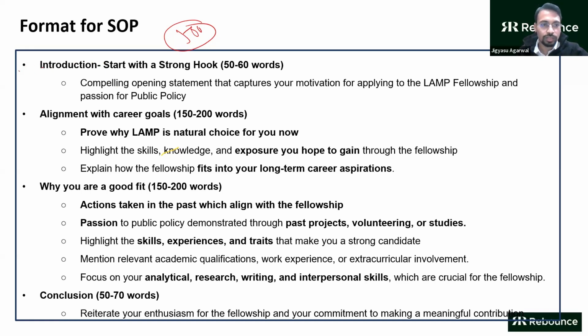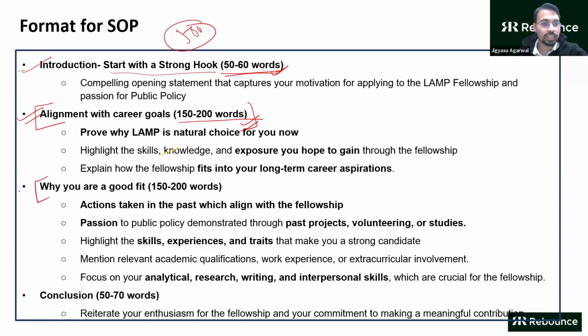All right. Now here you can have 4 parts. Number one is the introduction. Introduction starts with a strong hook. You can give around 50 to 60 words to this. Then alignment with your career goals. So basically why you want to be a part of this fellowship. So you can have around 150 to 200 words. That is the meat of this SOP. Then why